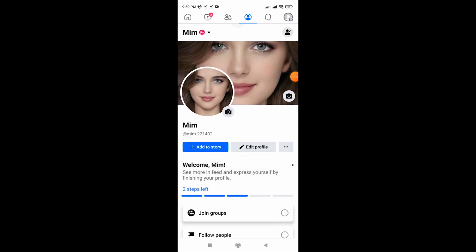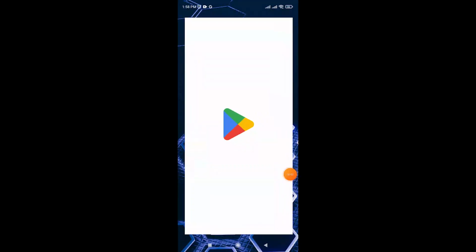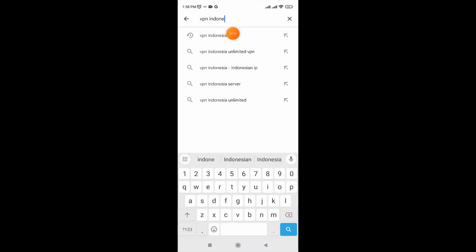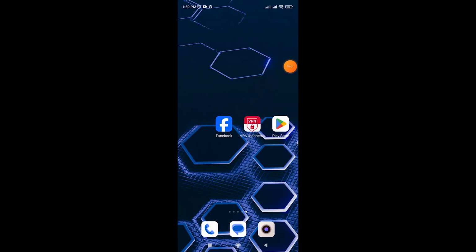If you want to create a Facebook single name on your existing Facebook account, first go to the Play Store and download VPN Indonesia and connect it on your phone. Then open the Facebook app,